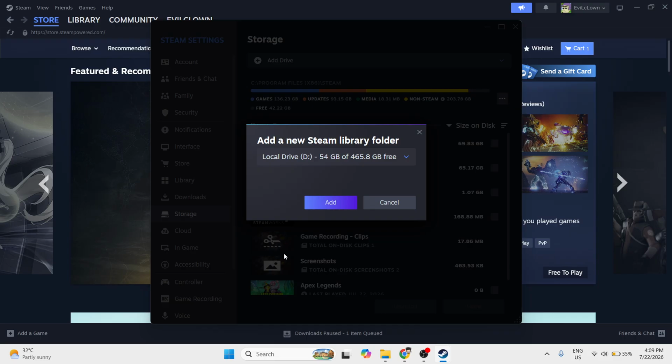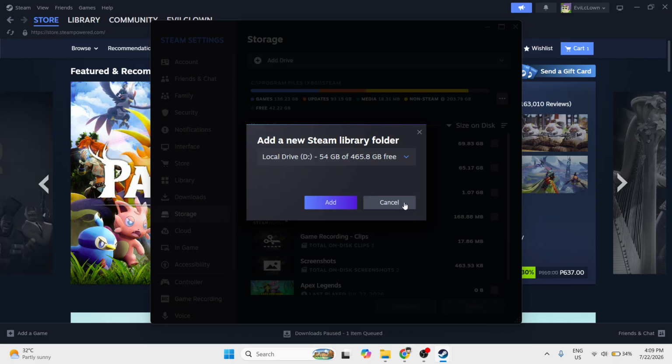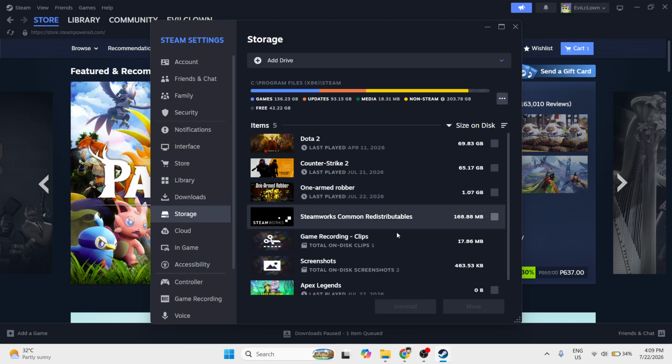A junction link allows the Sourcemods folder to physically live on another drive while still appearing to Steam as if it's in the original location. In other words, you get the storage benefit of the second drive without breaking the path Steam relies on. This approach is commonly preferred because it preserves compatibility and avoids the issues that can come from simply relocating the